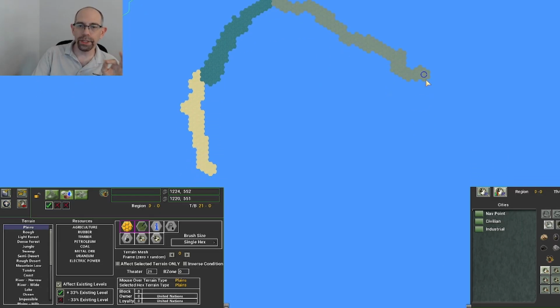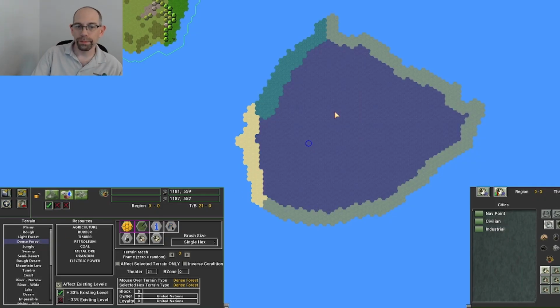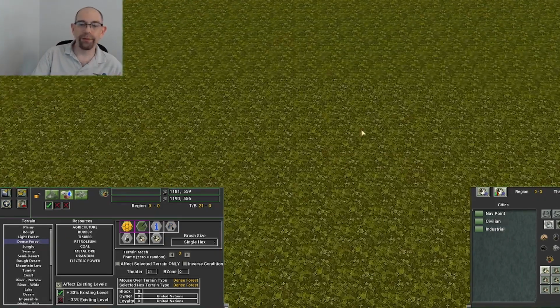So again, it could take a long time for me to get the total shape I want, but once I've encircled an area, the map editor does let me click on this fill button. Maybe I just want the entire center to be dense forest. There we go. We now have dense forest